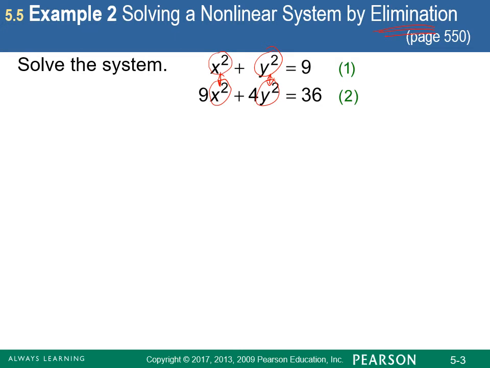We need to get the coefficients of one of the two variables to match. Now, when we talk about variables, we mean the x squared or the y squared. In order for the y's to match, we need the top to be -4. So we're going to multiply through by -4 on the top. That would make a -4x squared minus 4y squared and minus 36. We will copy down the bottom one